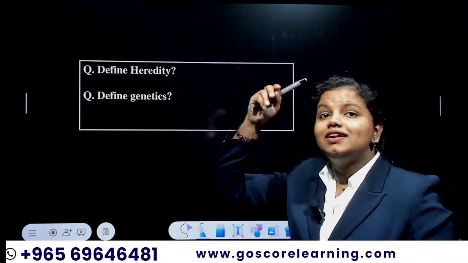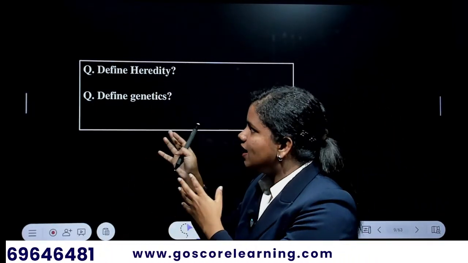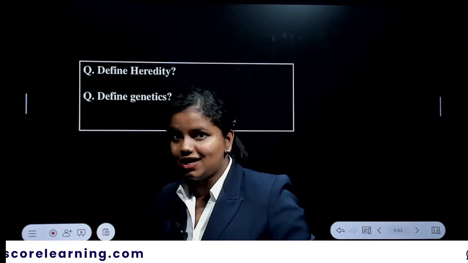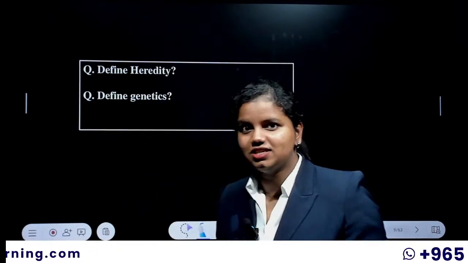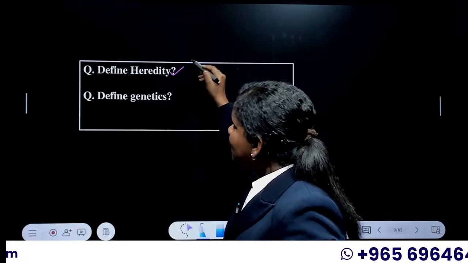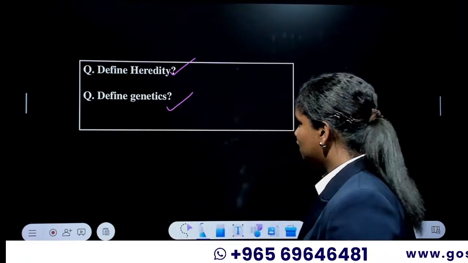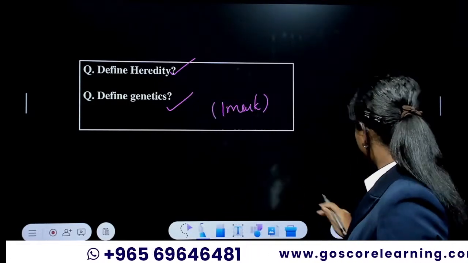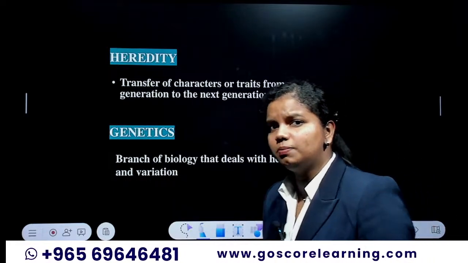Yes, here is a question which is a PYQ, that's your previous year question. First question, define heredity, and along with that I'm introducing another question, that is define genetics. So these all are the terminology portions in genetics from which you can get questions. You can get both questions if you're lucky enough. So it's definitely a 1 mark question. You can't expect much mark from this portion. It's just a 1 mark question.